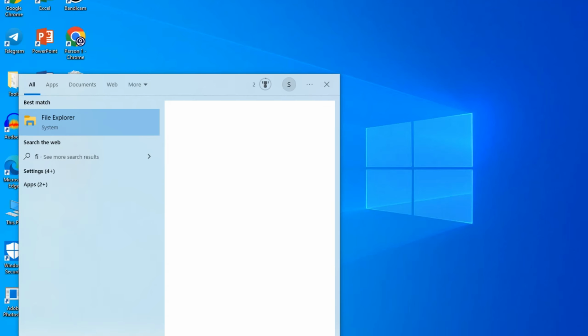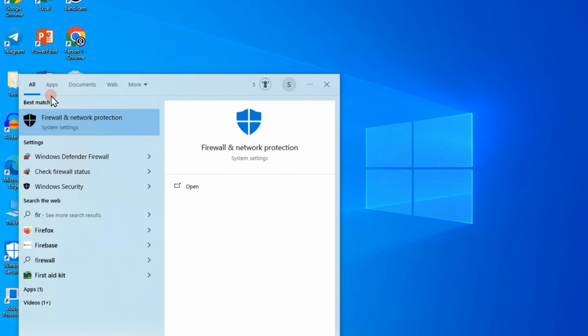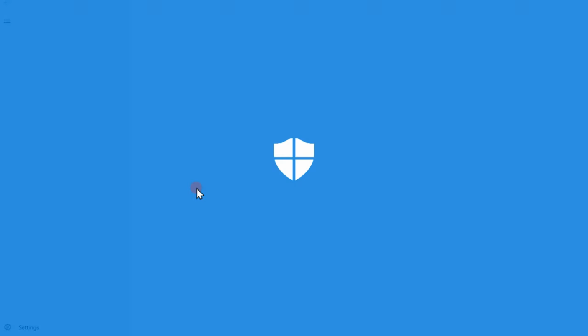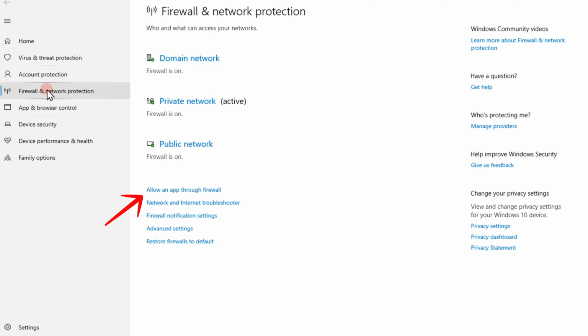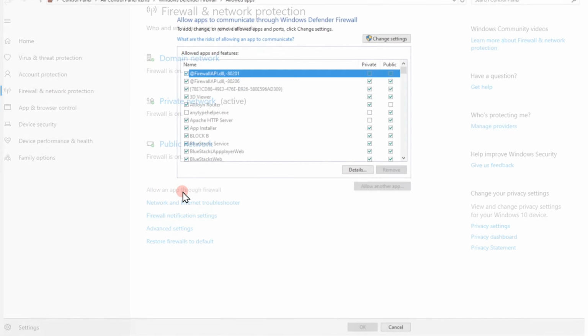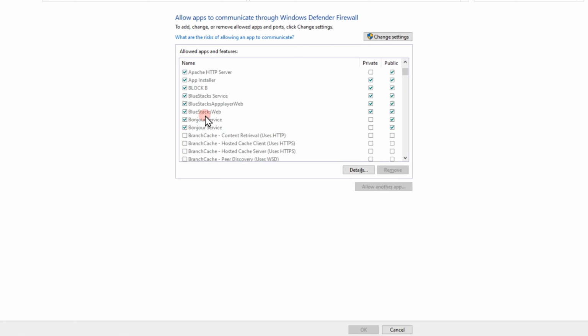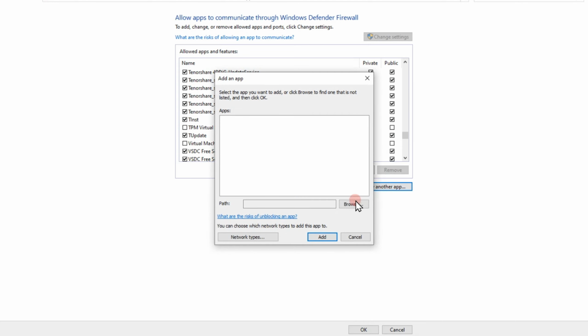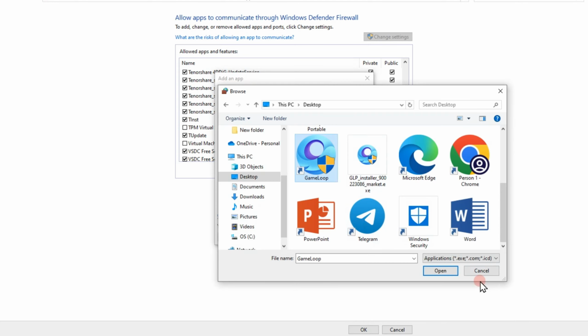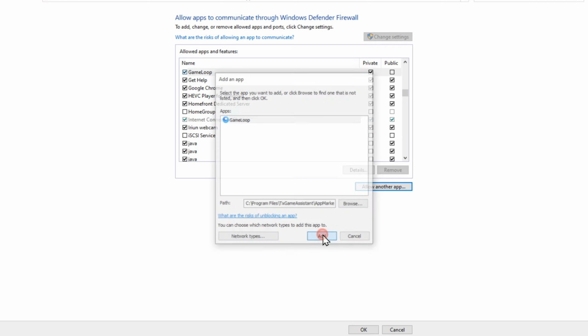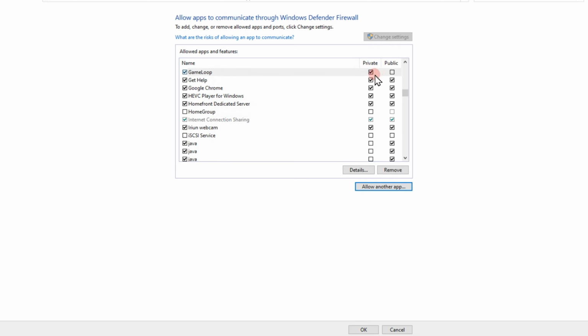So you need to allow an application through the firewall. What you're going to do here is open Control Panel and then go to Windows Defender Firewall. You need to click allow an app through firewall. And then what you're going to do next is tap on change settings here. Once you tap this change settings, click allow another application, tap on browse, and then look for Gameloop, open, okay, and then make sure that you have checked private and public,